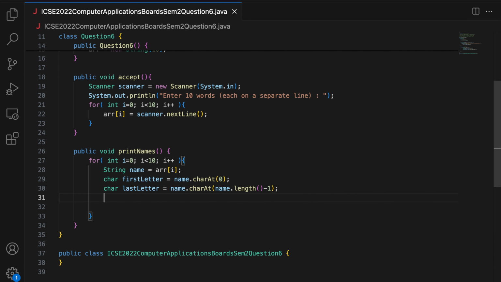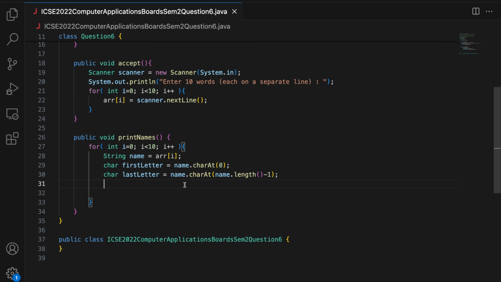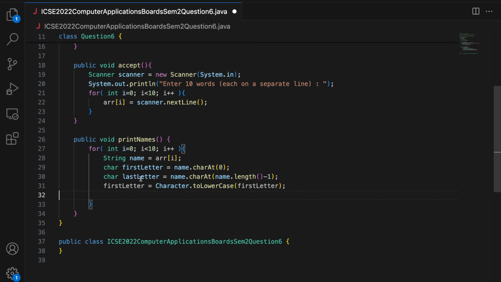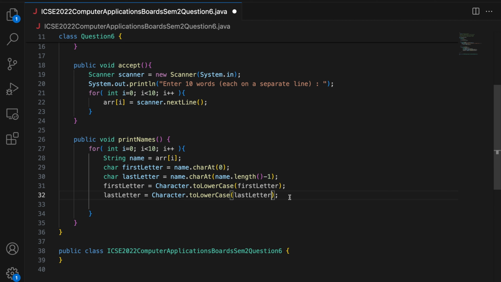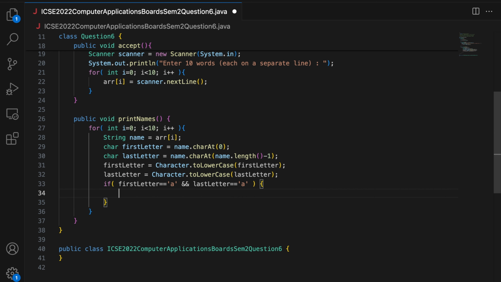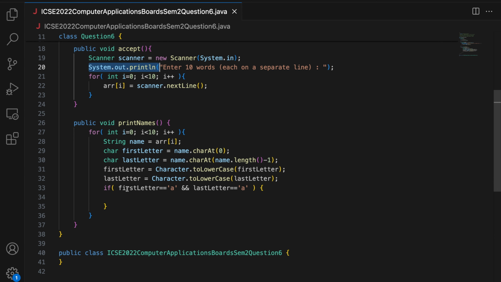We print the name if it is starting and ending with A, both uppercase or lowercase. So what we do is convert both these letters to lowercase and compare only for lowercase a. So I'll say firstLetter is Character.toLowerCase(firstLetter). Similarly, converting the last letter to lowercase. Now if firstLetter is equal to a, since we have converted the letter to lowercase, we only need to check for a, and lastLetter is also a, we print the